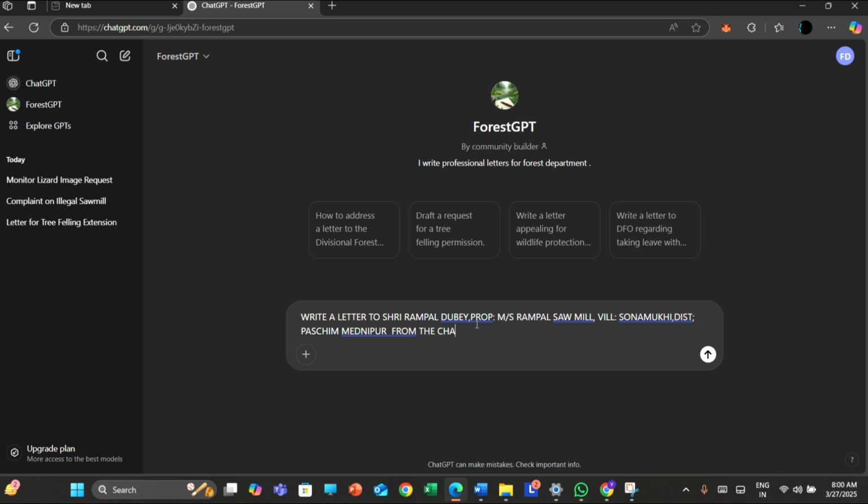from the chairman, verification committee. Now intentionally we will make some mistake over here just to see how ForestGPT operates it and acts accordingly, whether ForestGPT can rectify our mistakes or not.